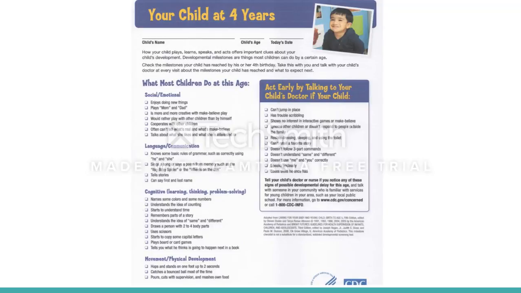This handout is for your child at age 4. Same thing with the pragmatics, the social emotional, language communication, cognitive, and also movement and physical development as well. So you can take these home with you, and you can pay more attention, be more aware of your child's development from birth to where they are now. And definitely we encourage you to implement those strategies, those techniques that we talked about, because it's important for your child to have that language environment that you provide as you are with them each and every day.